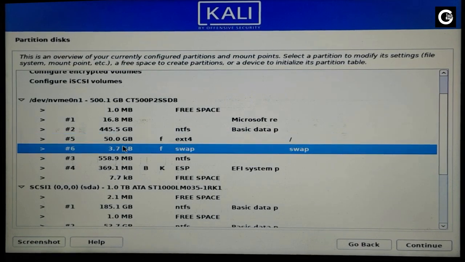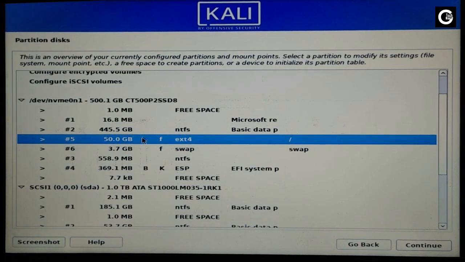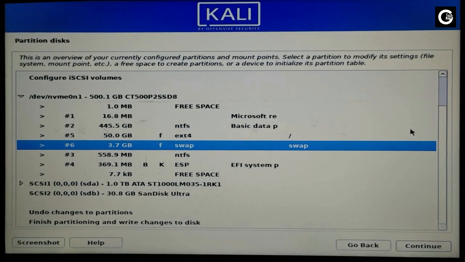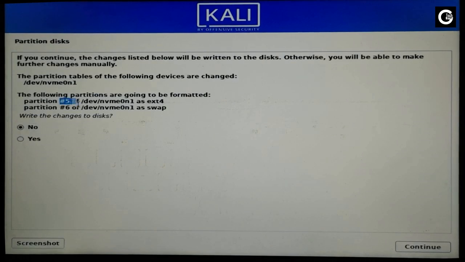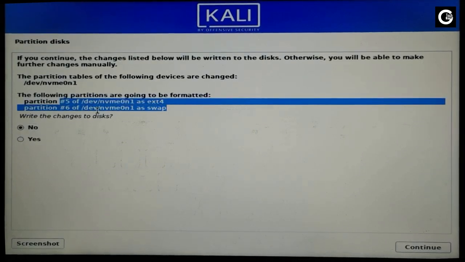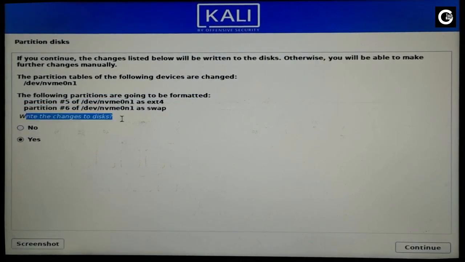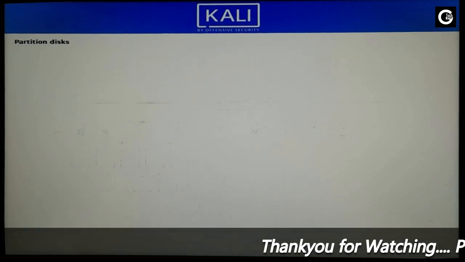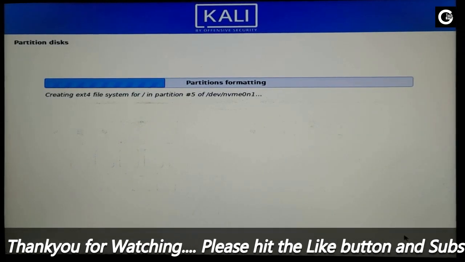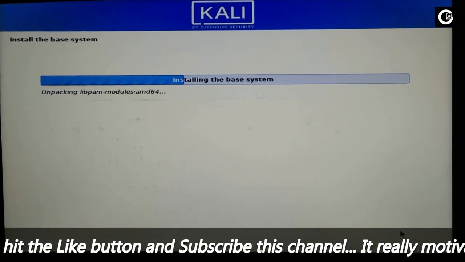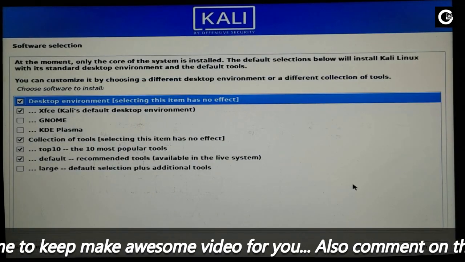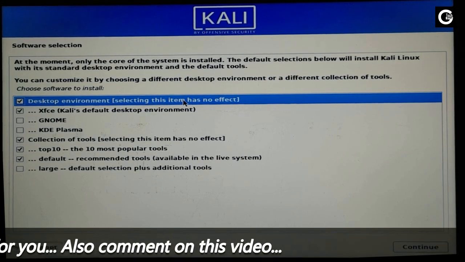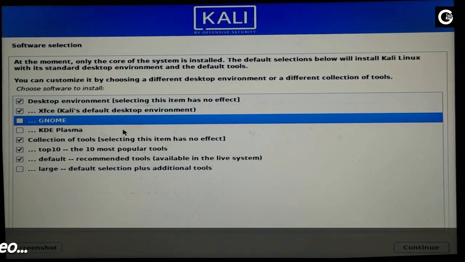That's it, now we have successfully created 2 partitions for Kali. Now go ahead, click Finish Partitioning to write changes to the disk. As you can see, these 2 new partitions will be created. Now the installer setup will start installing the basic system files. Once it is done, you will be presented with this menu where you have to choose your favorite desktop